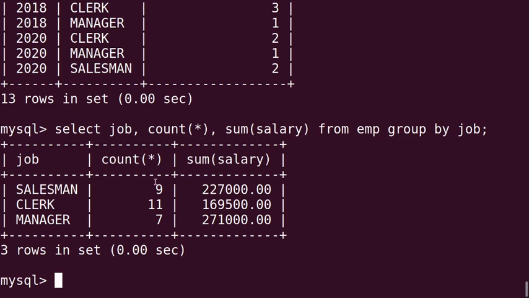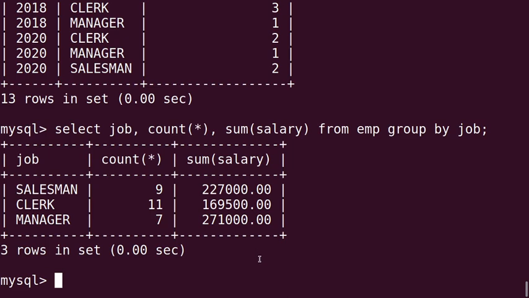For clerk, total number 11 and total salary 1,69,500. For manager, total number 7 and total salary 2,71,000. Right girls?